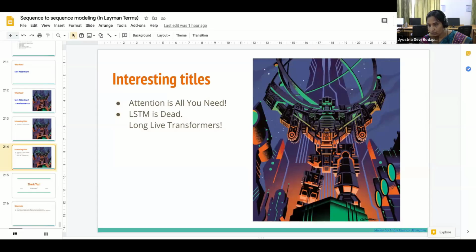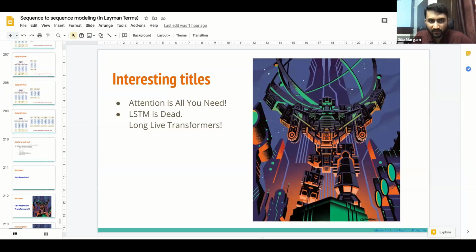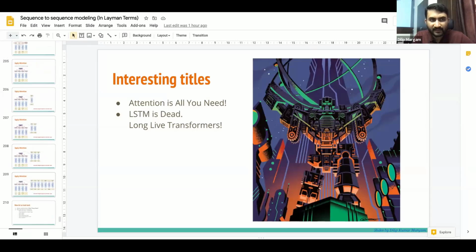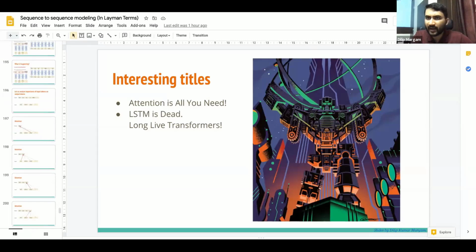There is a question: how does Google Lens recognize the text of so many languages, and text in different colors and fonts? It's a nice question. That comes under OCR. The first thing that happens with Google Lens is image processing, because anything that you look at through a lens is an image. That image is processed and we get text out of it. Once we get the text, we process it. That technique is called OCR, I think. I haven't worked on it, but you can look for it.